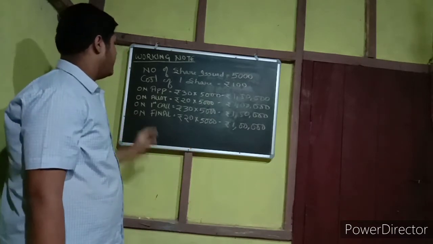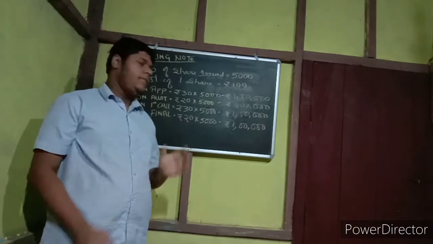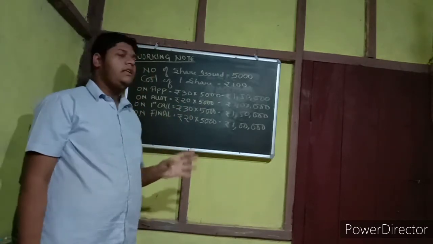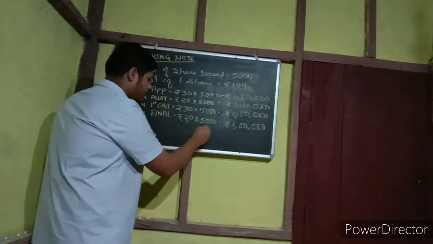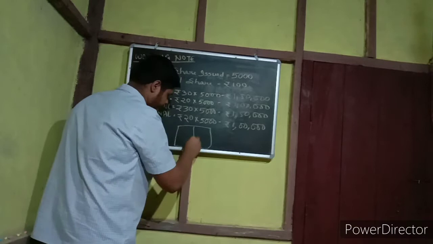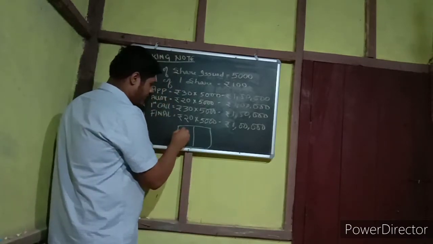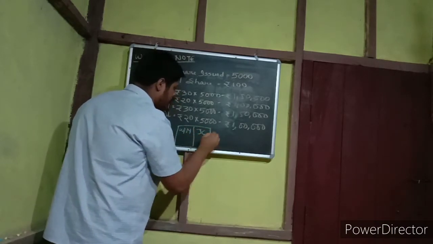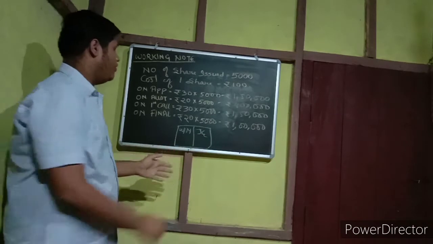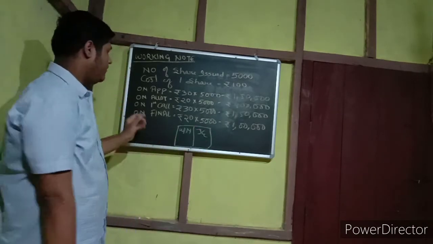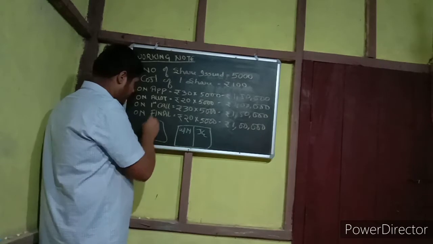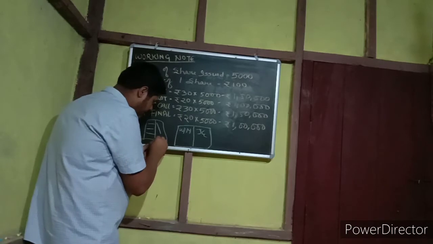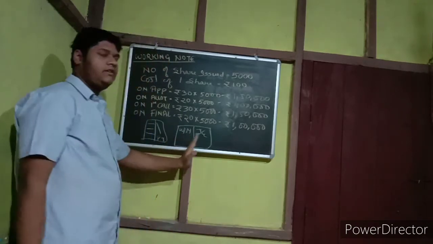I am telling every student that you have to make it. This is not for marks. You will not get any extra mark for this working note. It is only to clear up your journal at the time of practical. Suppose this is your notebook: on this page you do the working note, and on this page you do the journal, between these two pages. No need to turn the page and do the question. If this page is blank after one question, just cut it and write PTO, then go to the next page and solve the working note and journal.